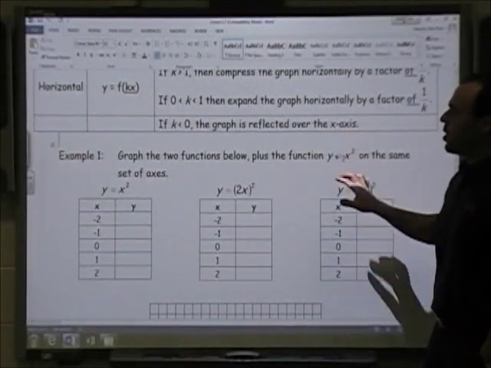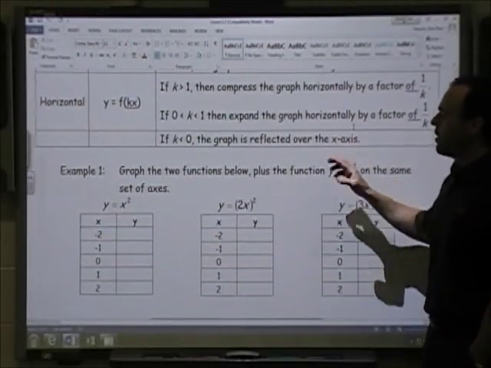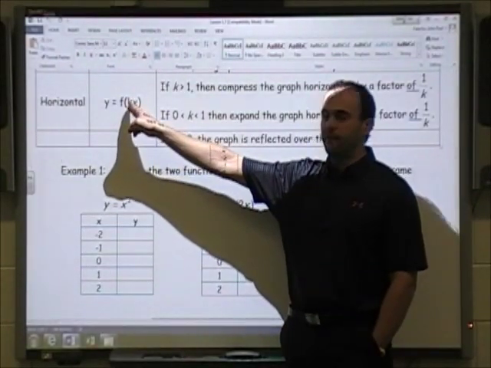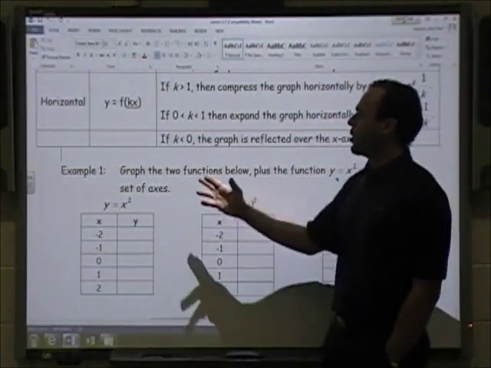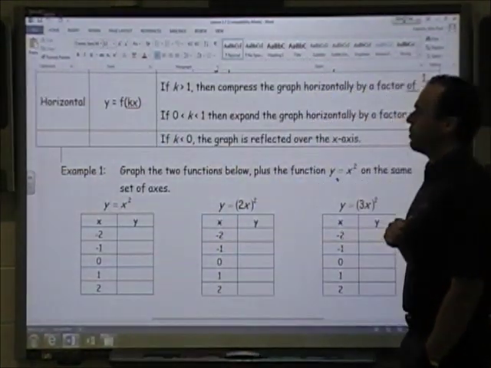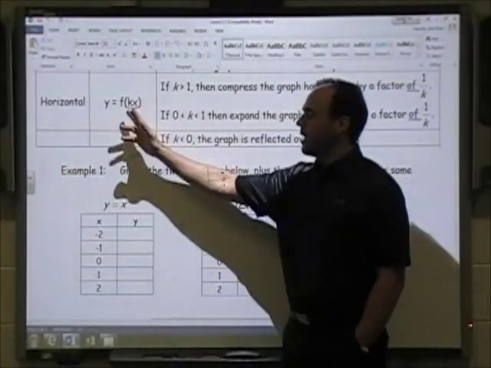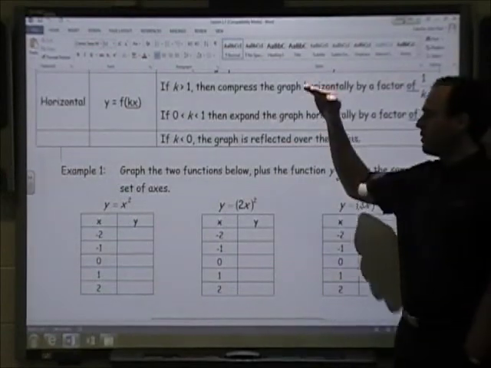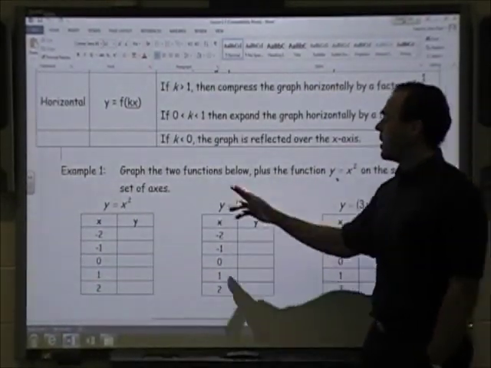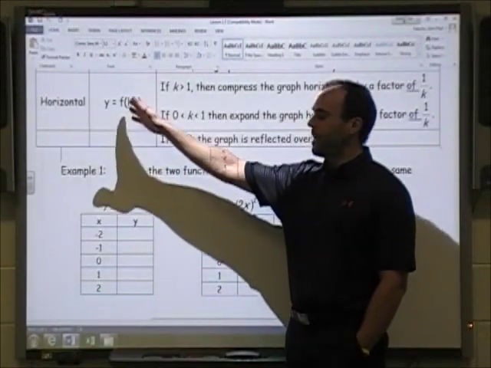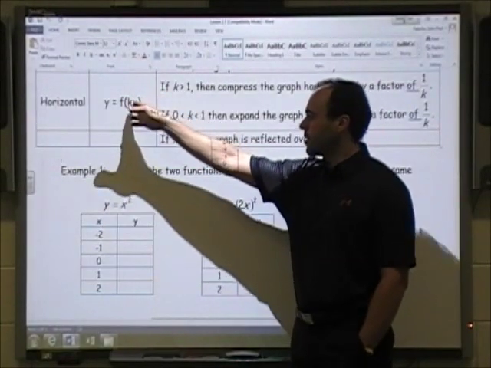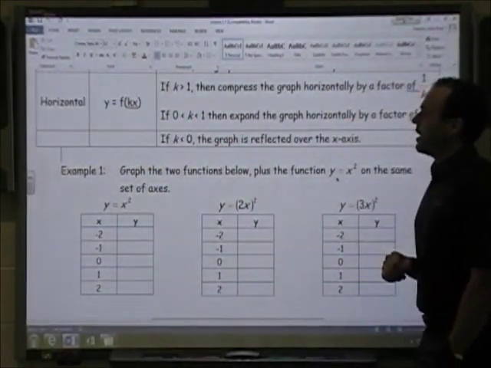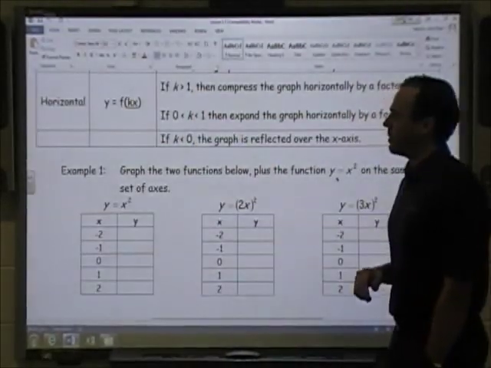where we haven't seen a multiplication yet is the multiplication if it was inside of the function. So if we have a multiplication inside the function being multiplied by x, and we're going to call this k. Now, your book starts calling this value k, not to be confused with the k value that comes at the end of your shifting up and down, but I'll get to that later. But if there is a number being multiplied by x inside of the function, so inside of the square root, inside of the absolute value, or inside of the square, the parabola, if k is greater than 1, then this